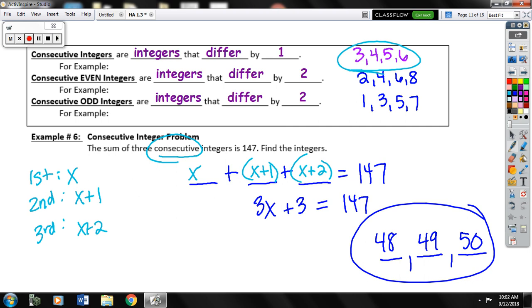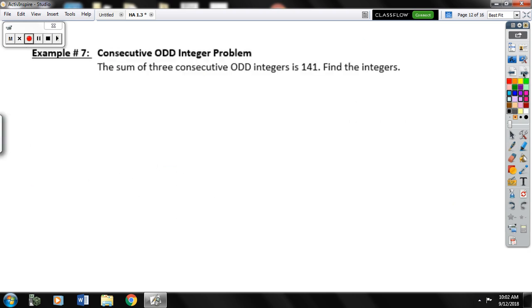All right, last one is consecutive odd integers that add to 141. So this is 3 numbers. Now they could tell you 4 numbers, just so you realize they can get crazy and say whatever they want. They could also have 4 consecutive numbers, but the sum of the second and the fourth equals something. The process is still going to be the same in the way you define your variables. So we have 3 numbers,